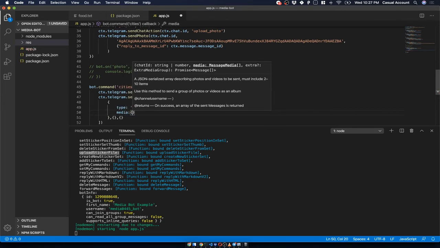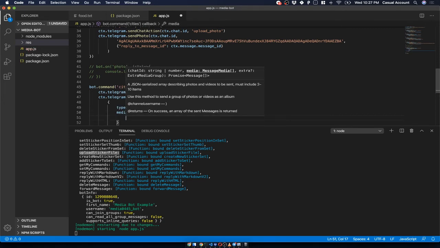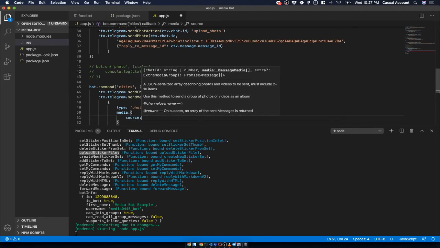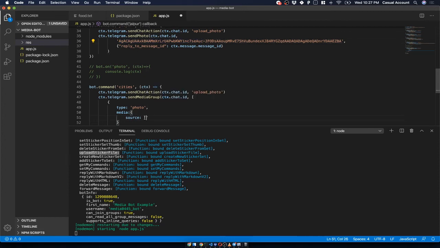It is again an object, and over here you have to provide the source. Whatever source you want to provide, you can provide a file ID, or you can provide a URL, or you can provide the resources which are already available in your resource directory.